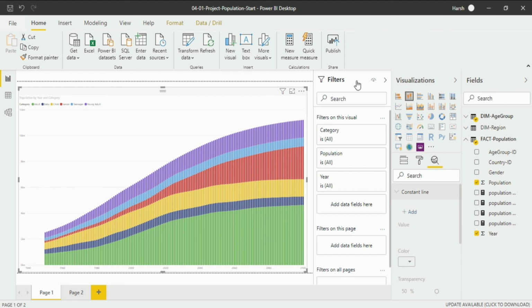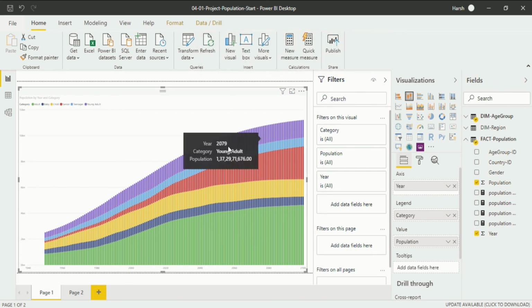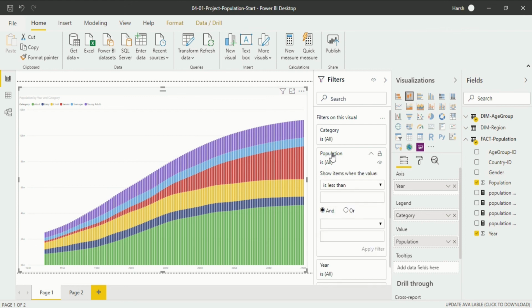Now we are left with filters. Now we have covered the visualizations and fields. Now the only pane left available to us is filters. And how does this pane work? Like if we have the visualization of a population year wise, now I want the population specific to an area of a year. I would apply a filter according to it. You can put in a filter according to your own category.